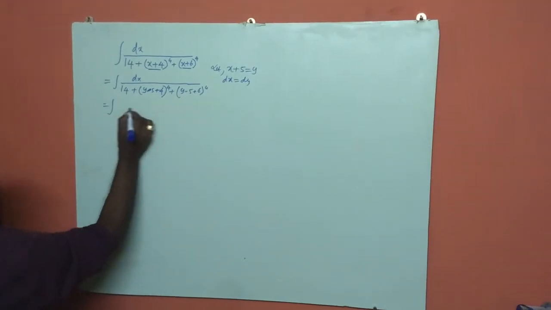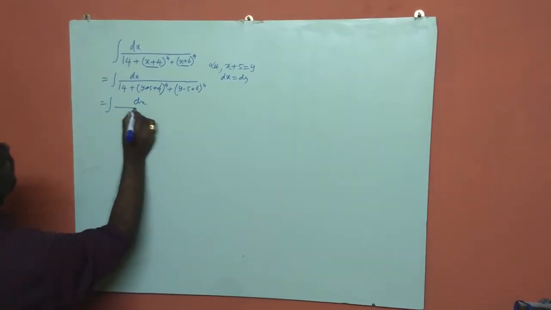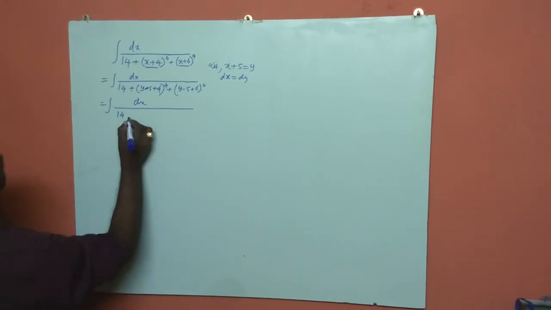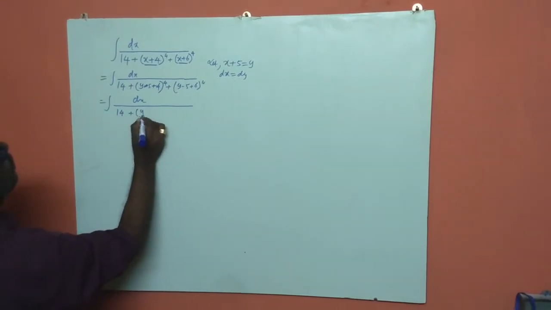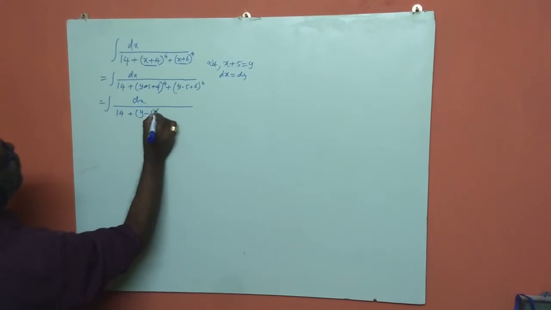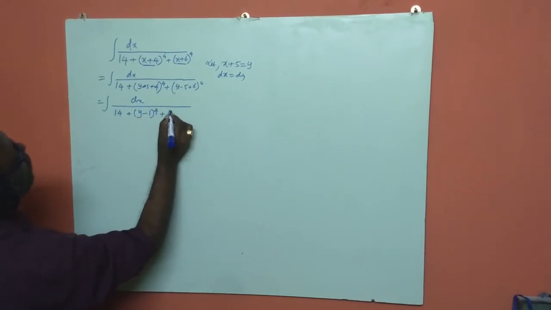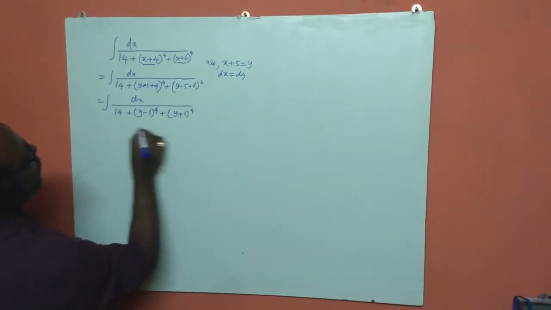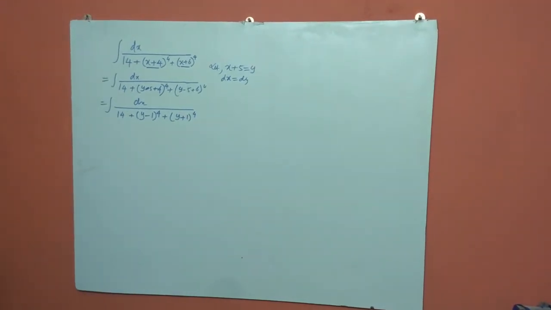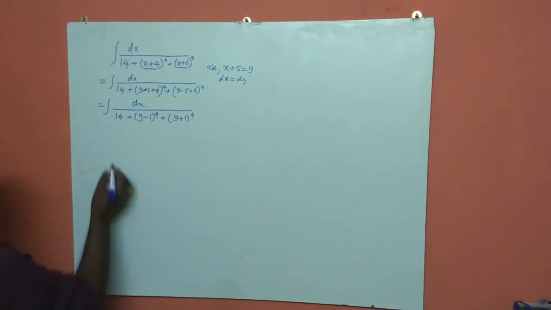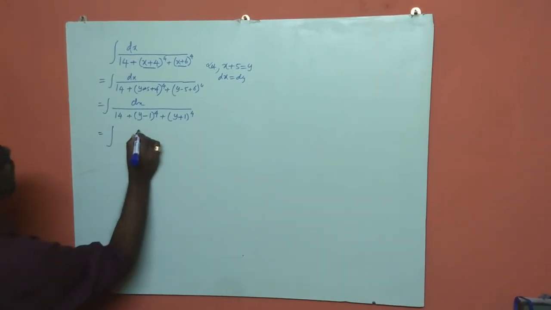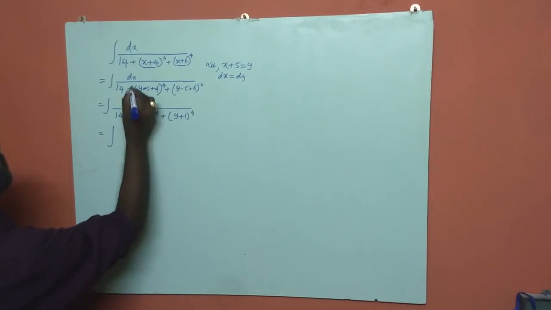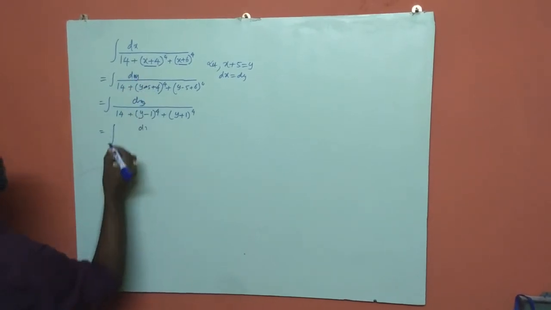And this is equal to integral dx by 14 plus y minus 1 whole to the power 4 and also y plus 1 whole to the power 4. So এটাকে যদি এবার বাইনোমিয়ালি এক্সপ্যান্ড করে দিই তাহলে ছোট্ট করে সিম্পলিফাই হয়ে কেটে যাবে। Oh, this is y, okay, and this is also y.